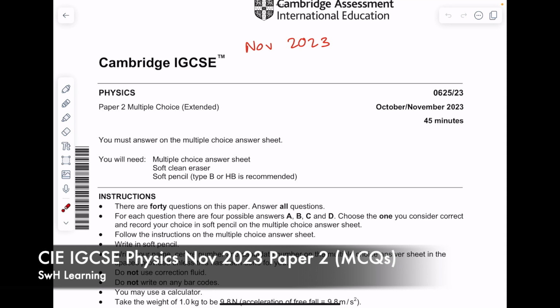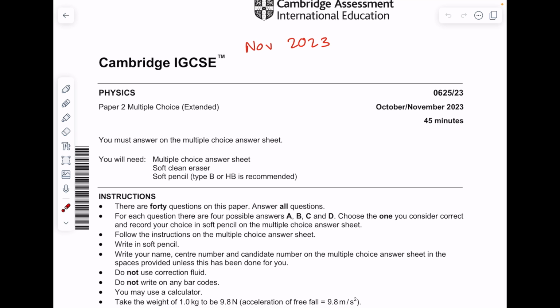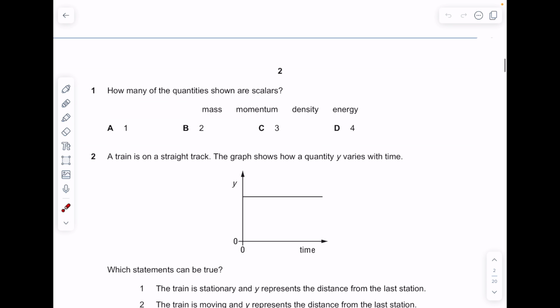Today I'm talking through a Cambridge IGCSE Physics Paper 2 multiple choice from November 2023. How many of the quantities shown are scalars? So the best way to do this is just remember the ones which are vector quantities, because there's fewer vector quantities compared with scalar. So the vector quantities include force, weight,